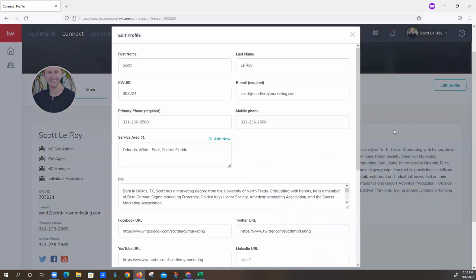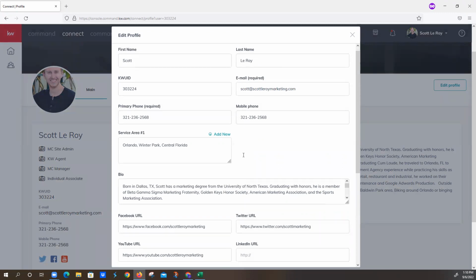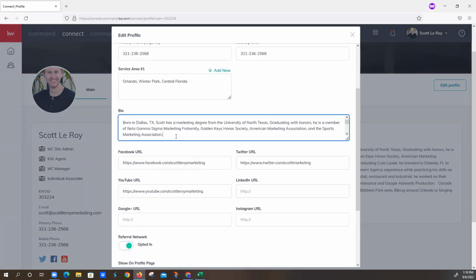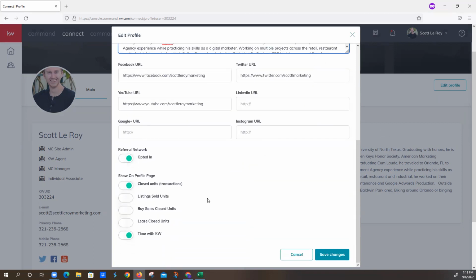And you can click on edit profile right here. There's a lot of this that is not editable. So your name, for example, not editable, but this is the bio. And one thing, if you're not getting referrals, you want to check on this, make sure that this little teal button is clicked on, that you're opted in for referrals. And then he's also selected to show closed units on his profile page so other agents can see that. A few other options right there. And then always make sure you click on Save